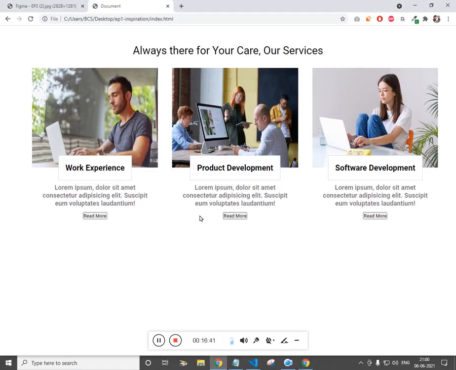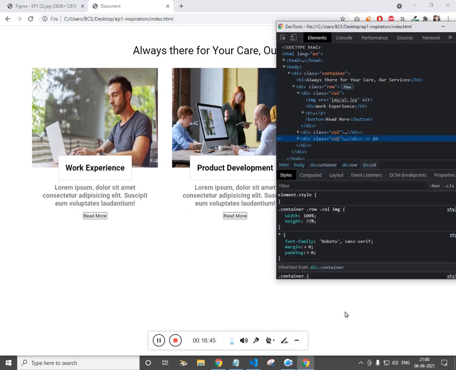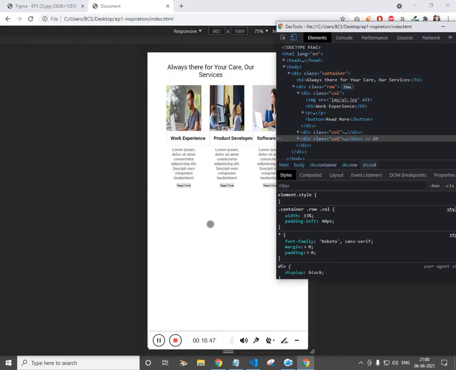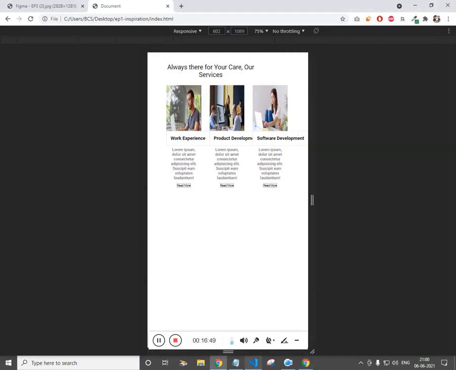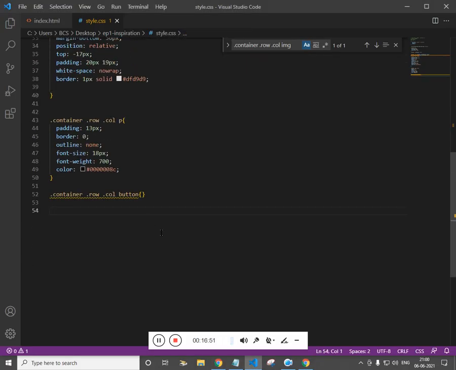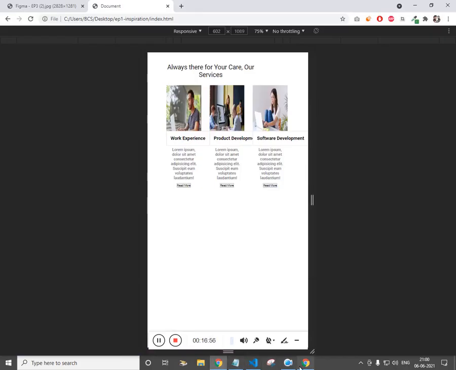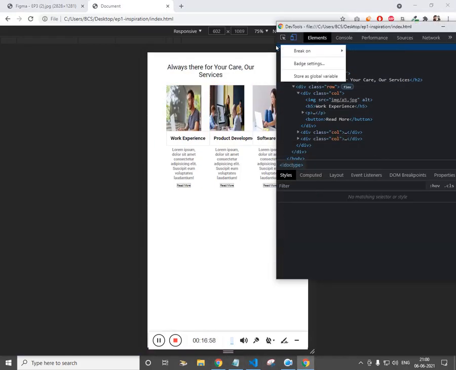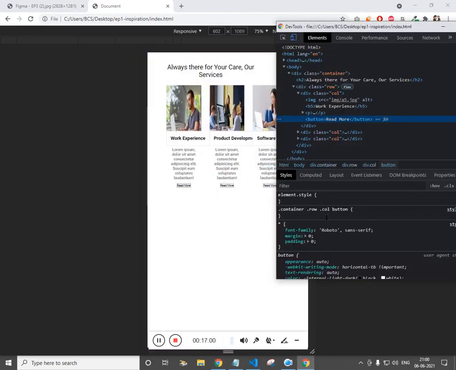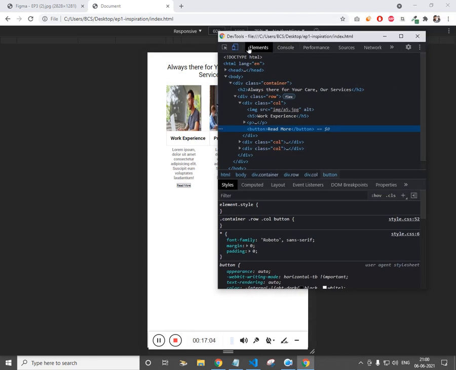Cool. Now let's work on the responsiveness. For the mobile screen, we are going to follow the approach called mobile first. I think I have not pasted the button. Let's copy the button. I think we have to redo this.